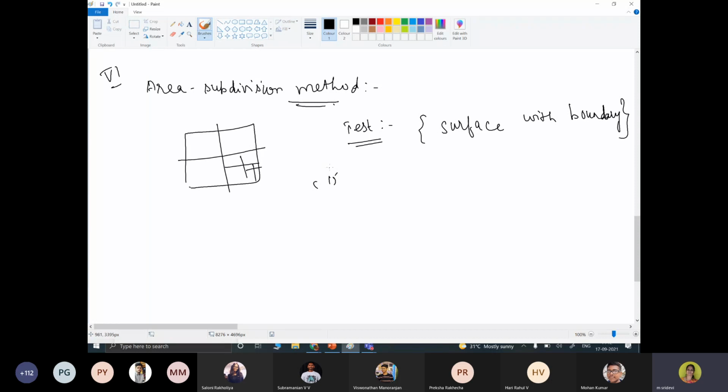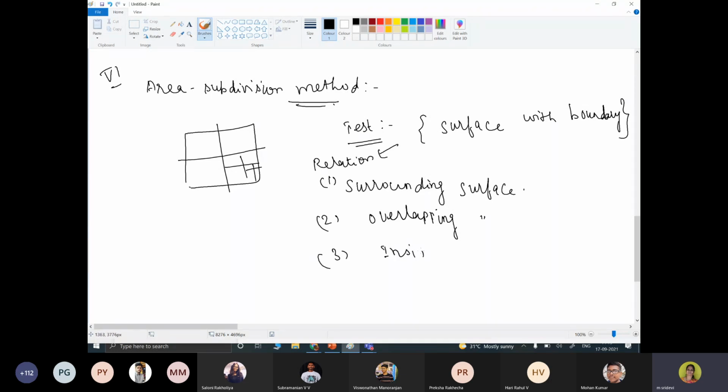Before performing the test, we need to know what all the relationships or characteristics are. The relationship between the surface and the boundary: surrounding surface, overlapping surface, inside surface, and outside surface.